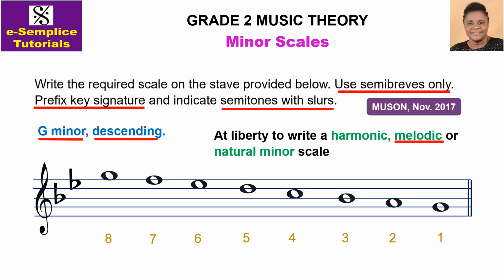So whatever you did on the 6th and 7th degree in the ascending scale, by raising them, you now lower them in the descending scale. But now you didn't raise anything before, so our melodic scale is as good as it is. You are just not doing anything to those two notes. So the next thing we need to do from the requirement is to show the semitones with slurs. And for a descending melodic scale, the slurs will be at degrees